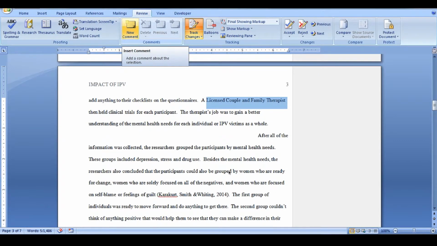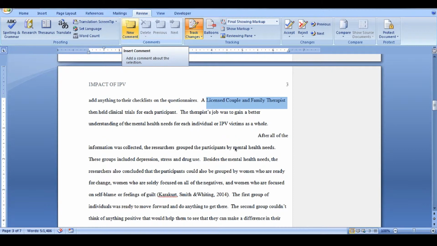Now I've been typing these comments right into the body of the student's paper, but of course sometimes we leave comments on our students' papers in comment bubbles that are off to the side. And so let's take a look at how I might use one of those and also QuickParts with one of those. Now I'm down a little bit further in the student's paper, and I found a phrase that I want